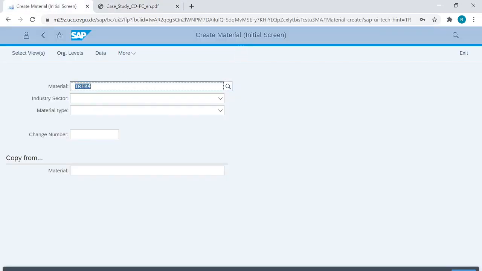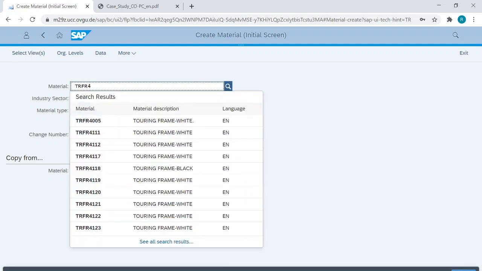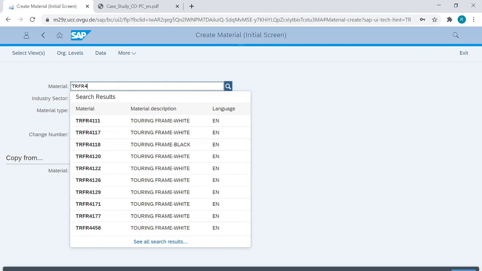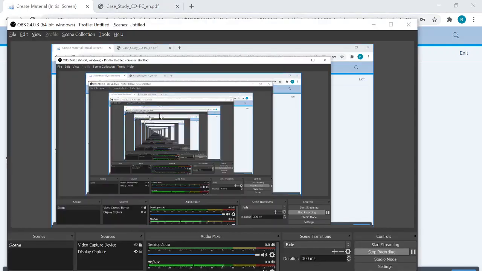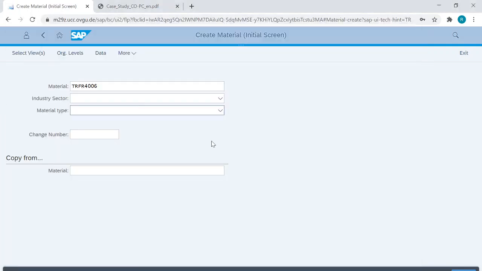I might have used this code, so an error might come, I believe. Yeah, I've already used this 4005 for my ID. So I will use some different code. Okay, so I've entered this number that I require for material. That's the code that I will allocate.